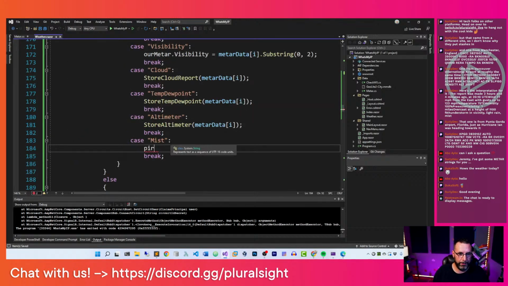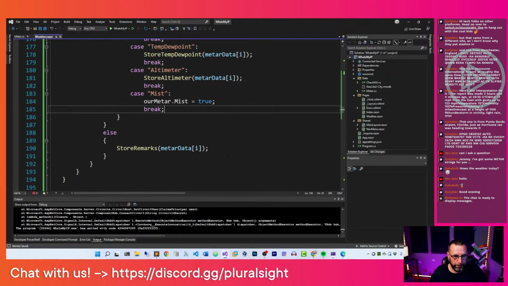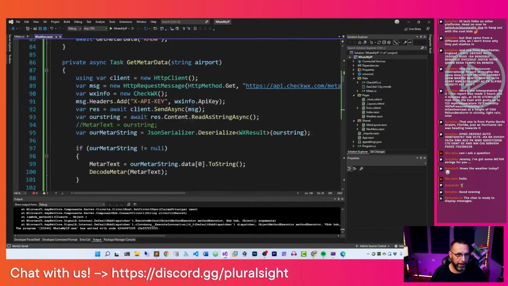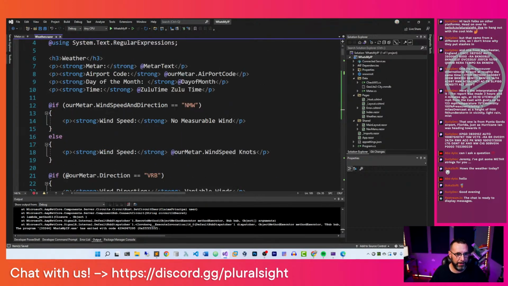And then back in here, we can just say our metar.mist is true. So this brings up another really good point of how easy it is to work with Blazor. This is one of the reasons I love Blazor. So what we've said is if a field exists that just says BR, then we know that means mist. So we do this quick check here and we say mist equals true, and then up here, way up here,